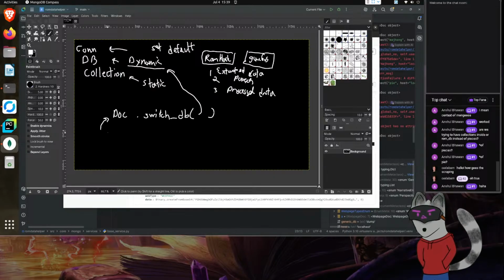So the question is where to store this function. Part of me wants to just throw it into our different documents. That way we can automatically dynamically switch it. But part of me also feels like that might be prone to error. What we should really do is,